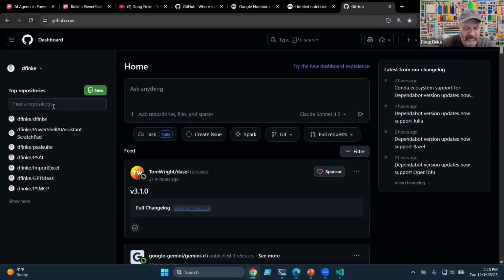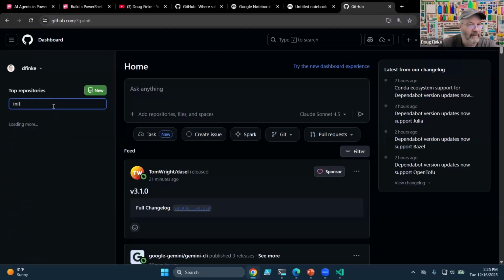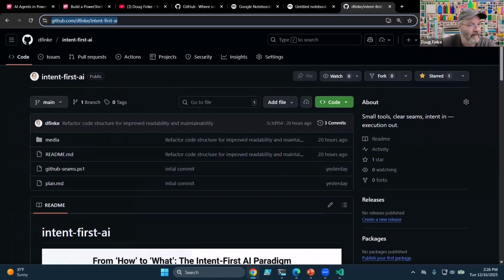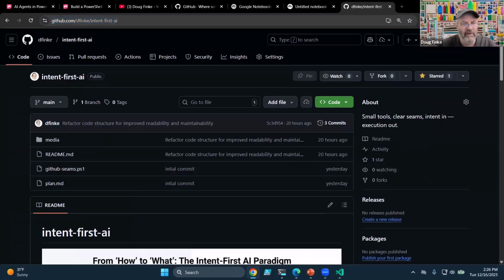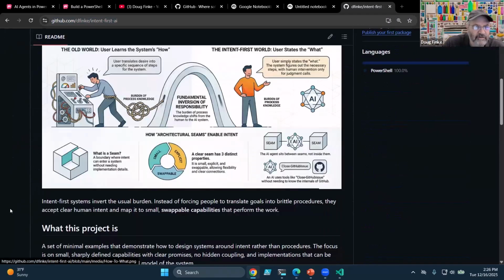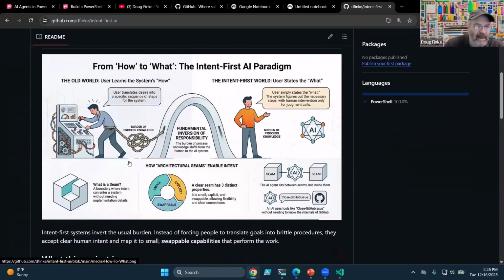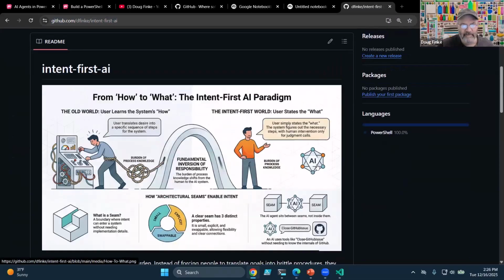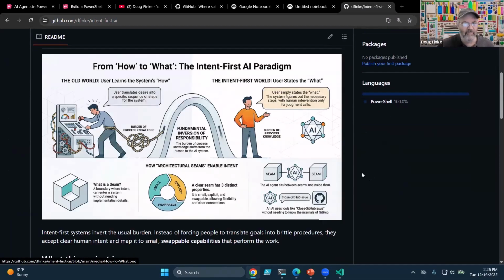They make that available. And as we're talking about all this, this is one of the patterns that I keep seeing. So I decided to drop this in, check this out when you want. That's one of my GitHub repos that I just put up yesterday, I guess. It's intent first AI. Can you see this infographic? I did this with Notebook LM. I was having a bunch of discussions with one of the LLMs,